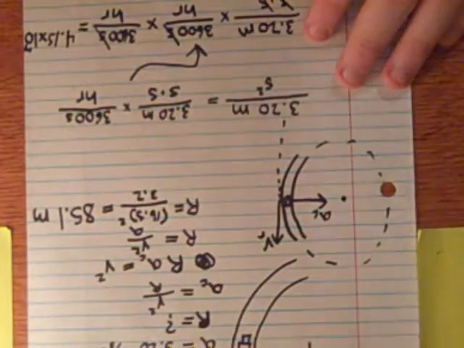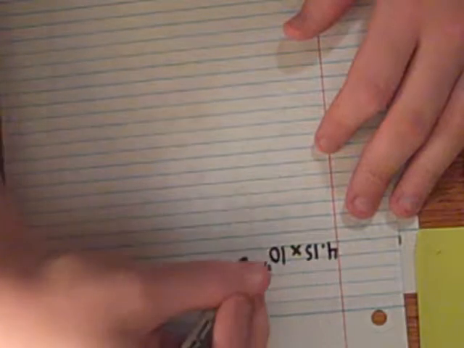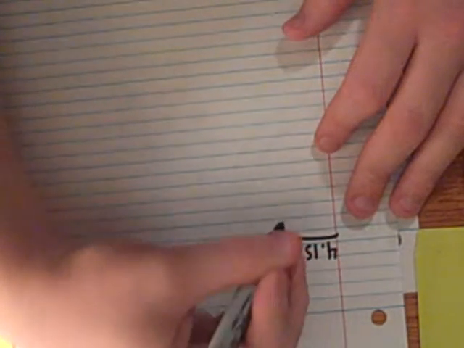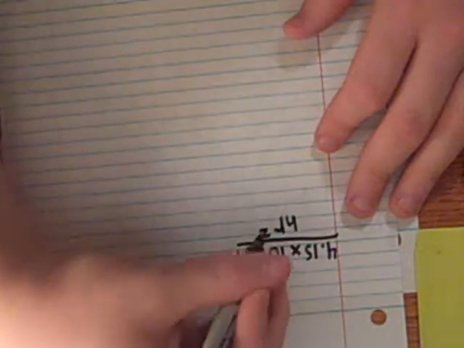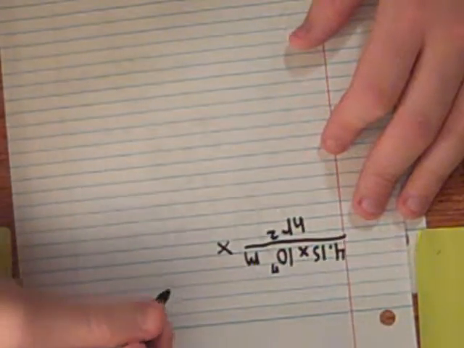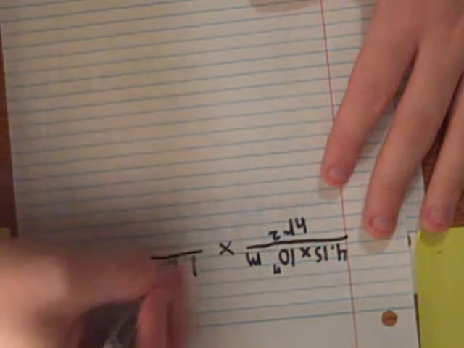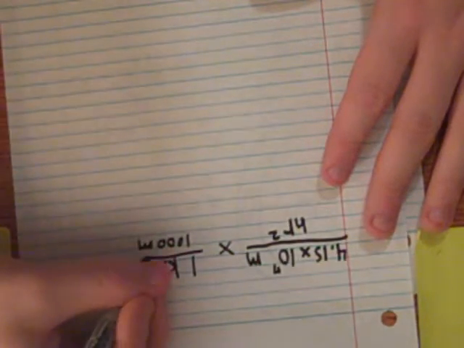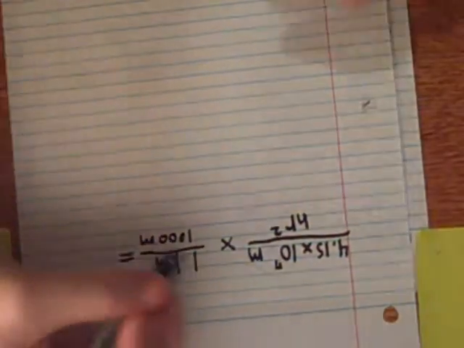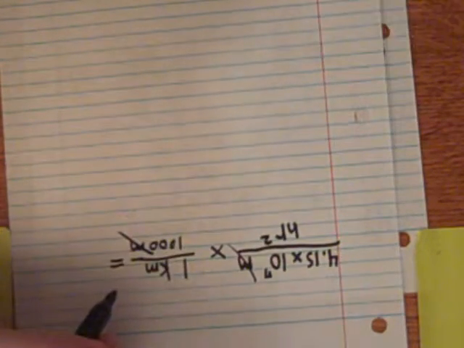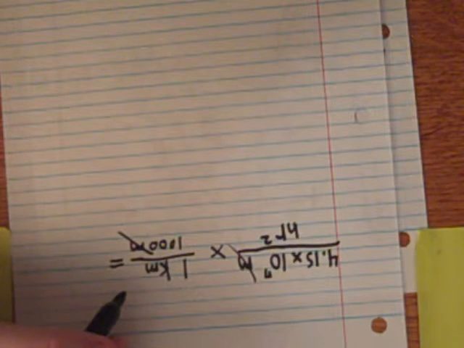And I need a new sheet of paper. I'll use this one. So now that we have that, and this could really be done all in one step if you wanted to. Meters per hour squared times, okay, now how many meters are in a kilometer? 1 kilometer per 1,000 meters. Kilo is 1,000. So meters are going to cancel out. 4.15 times 10 to the 7th